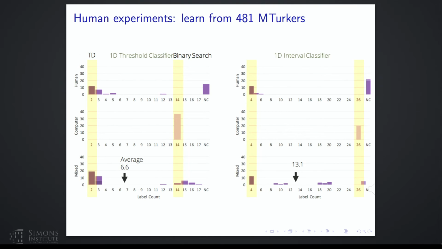And the y-axis is just a histogram. So what we are saying here is there are 3 conditions. Human condition is when you allow humans to just provide XY pairs. That's it. So let's look at the 1D threshold task. We know a good, ideal teacher should just be able to provide 2 examples. And we do have some subjects who are like that. And we have a few more which provided some extra items. But the real bad thing is here.